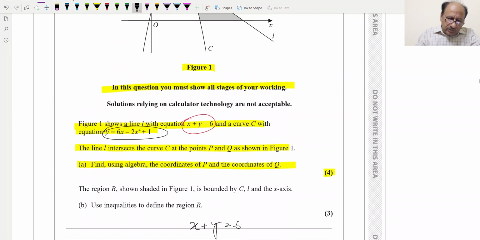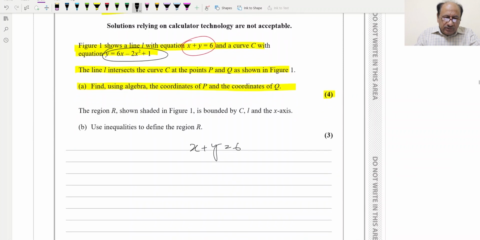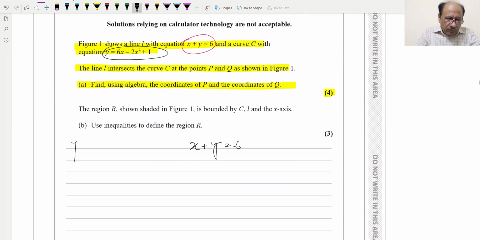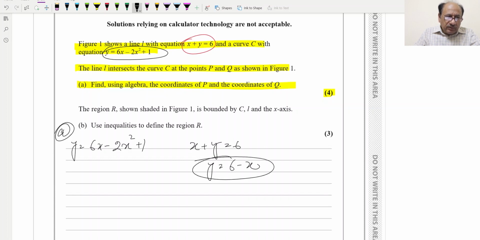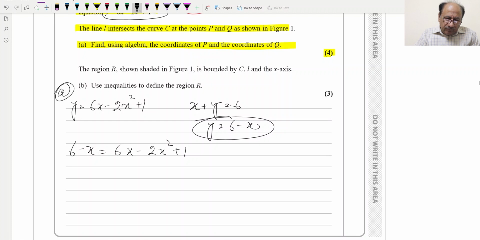And the second equation is y is equal to 6x minus 2x squared plus 1. So these are two equations. We are solving part a, and we can basically find y is equal to 6 minus x, and this value we can replace here, and we can write this as 6 minus x is equal to 6x minus 2x squared plus 1, and further we can simplify,